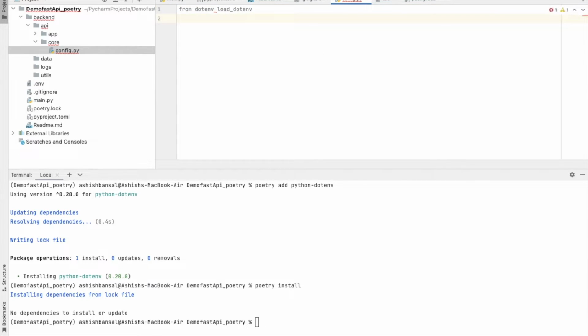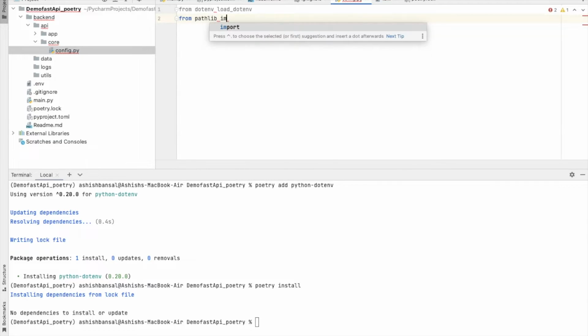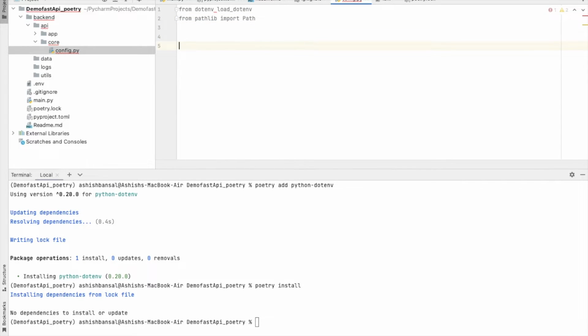And I also need pathlib, so I will say from pathlib import Path, fine. Now I wanted to load this .env, so load_dotenv, and here dotenv_path equal to,